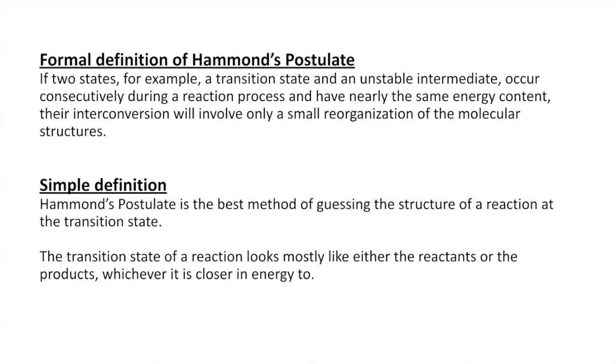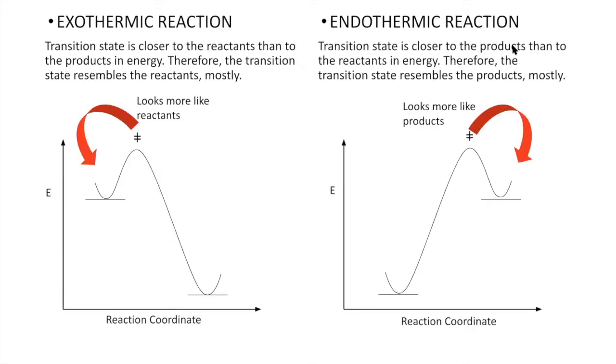She's got some definitions of the Hammond postulate, and basically the Hammond postulate is guessing what the transition state looks like, because we're saying it looks more like whatever it's closer to, reactants or products. I can let you read through it a little more. I'm just going to go through this part quickly. The transition state for an exothermic step is going to look more like the reactants because it's closer in energy to the reactants. Whereas if you have an endothermic step, the transition state is going to look more like the products. So it seems pretty reasonable, right? Whatever your transition state's closer to, that's what it looks more like.